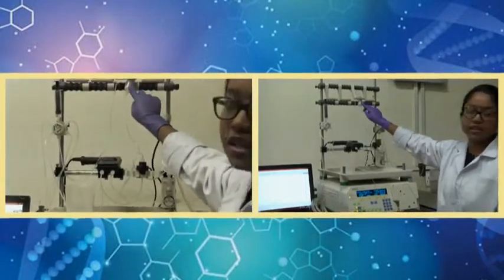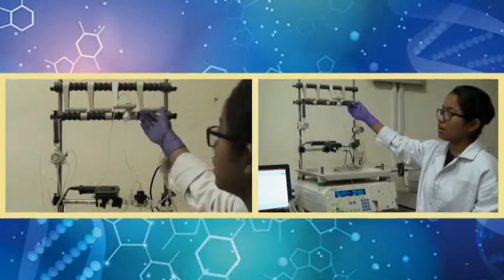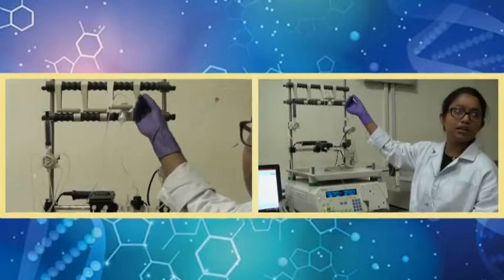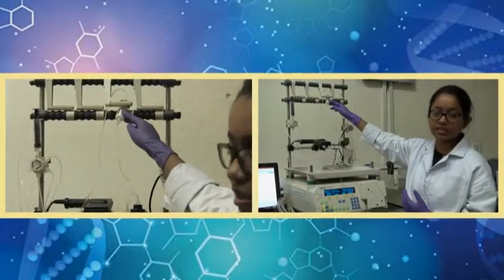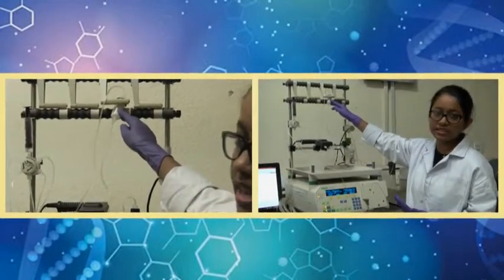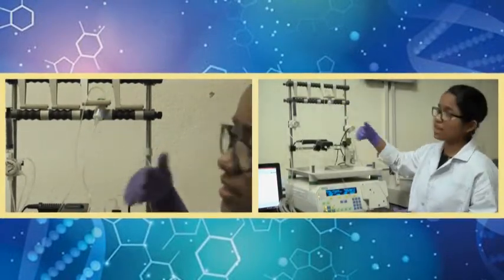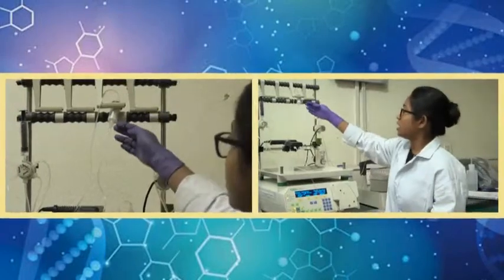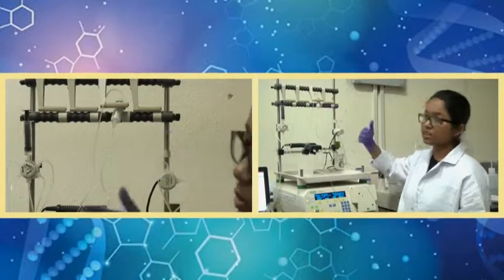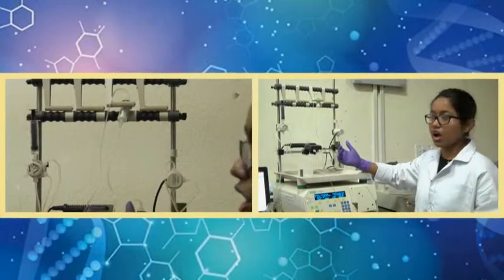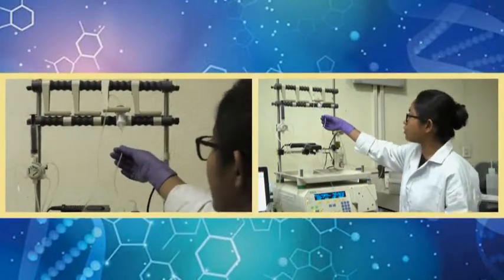This column is a mini column and it contains the Ni-NTA beads. Basically, the agarose bead is attached to nickel molecules, and your protein of interest which has 6x or more his tags will attach itself to the nickel. So, the his tag has an affinity towards the nickel beads. Your protein of interest will attach itself to the nickel beads, but other proteins which do not have any his tag, or have fewer than 2 to 3 his tags, will flow out from the column.